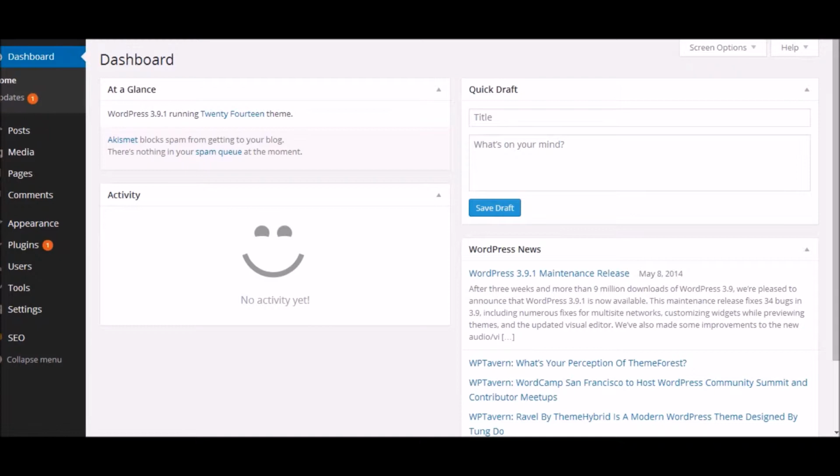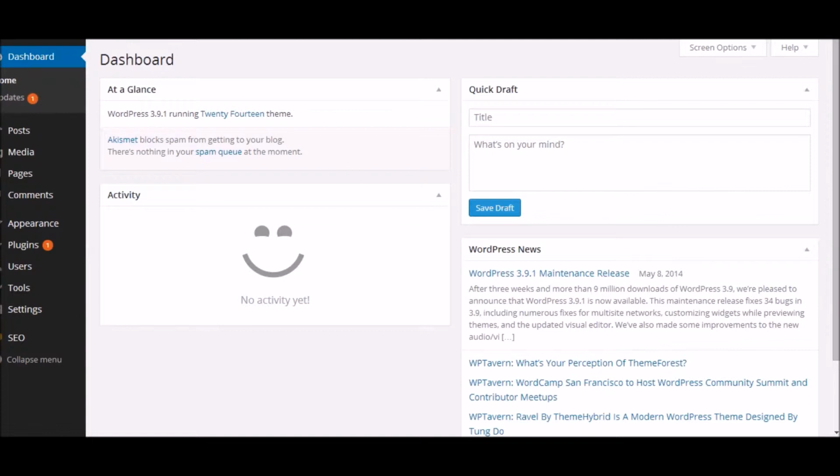So this is the screen which you see right after you log in to the WordPress account. As you can see, this is the option panel. You have so many options on the left hand side. There's no post on this, so it doesn't show you any data, how many posts and how many pages are there on the website. So for now, there are no pages and no posts on this website.